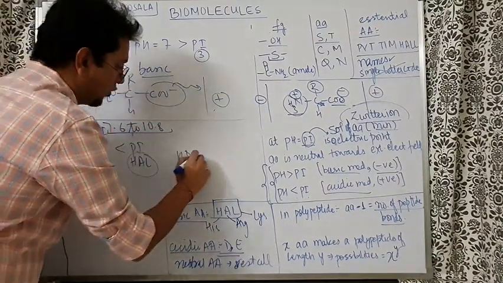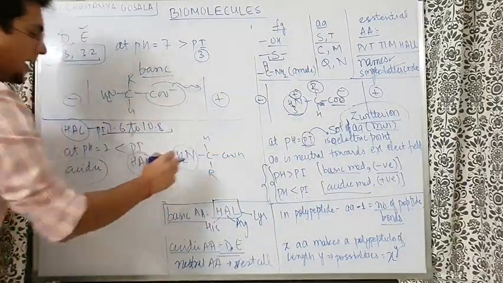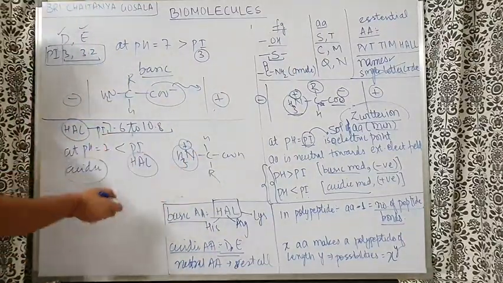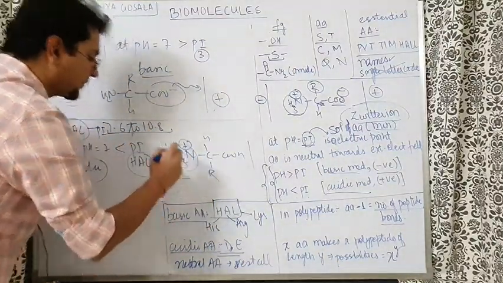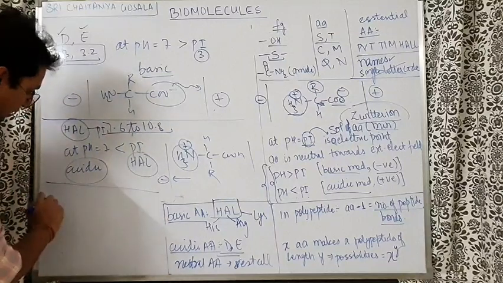In the acidic medium, who will react more? In the acidic medium, the NH2 part will react more. It will get a positive charge, NH3 plus will be formed, and it will be drifted towards the negative terminal of the external electrodes. Similarly, what about the neutral ones?